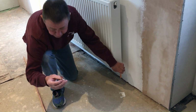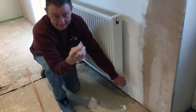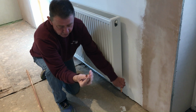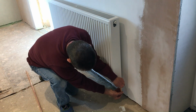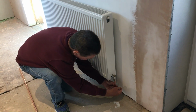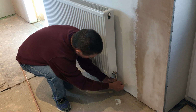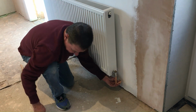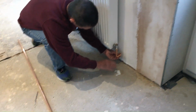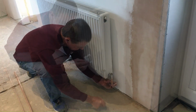And then I've got an elbow and it's a Yorkshire fitting. Well, it's a solder ring, it's called. It's one of the do-it-yourself fittings. It's got a ring of solder inside, and that will connect on. And then I've cut a small piece of pipe to take us to the wall, which will connect there, and then another elbow which will take the pipe that way, and it will be this piece of pipe that runs under the radiator, and that will take us to the wall close enough for us to use these fittings. Okay,